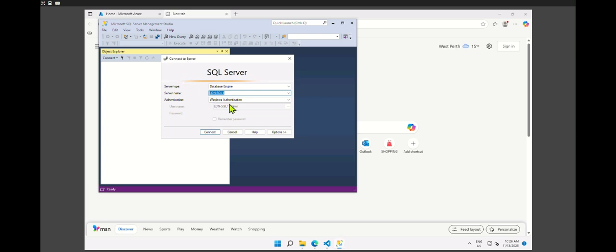So the name of the server, connect to server, it's already populated, right? We just have to select connect,